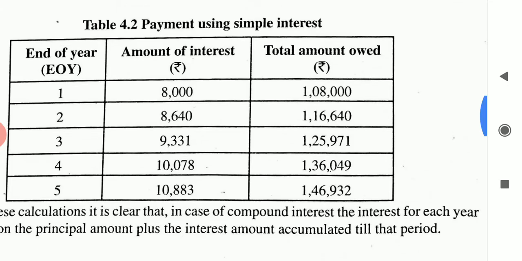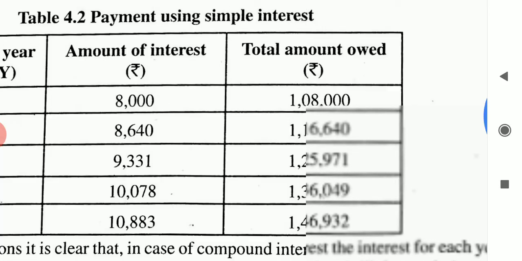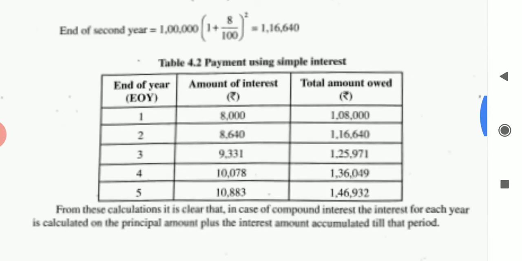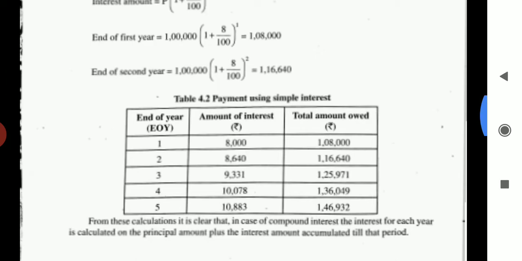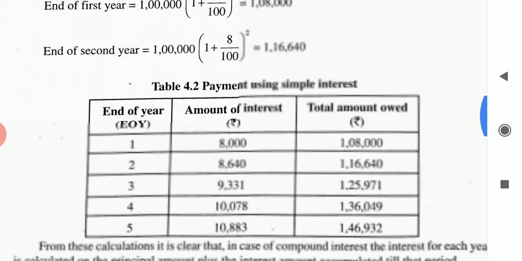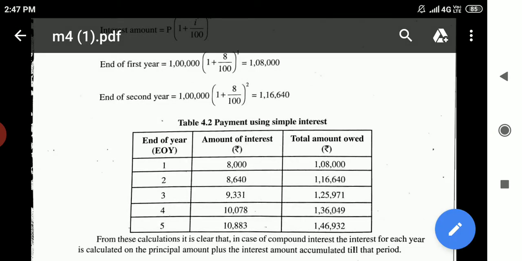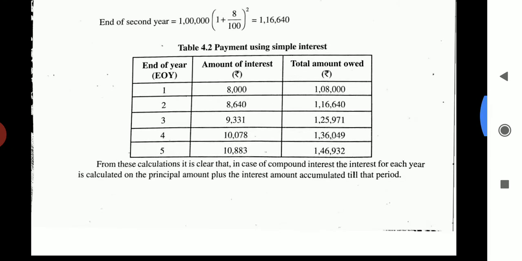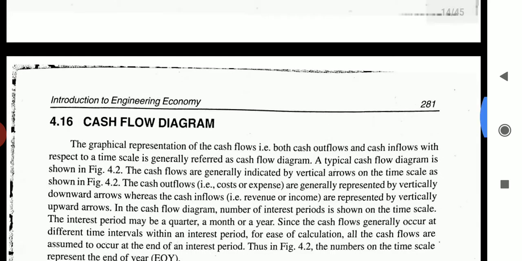See here, in these first cases, 1 lakh minus 1,08,000 is nothing but the 8,000 we will get. First we have to calculate the third column. After that, by using the third column, we will get the second column. In simple interest, first we have to calculate the second column, and after that the third column. The only difference is the column order and the formula is also different.